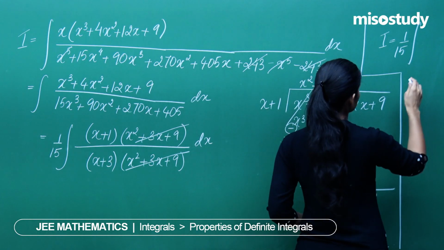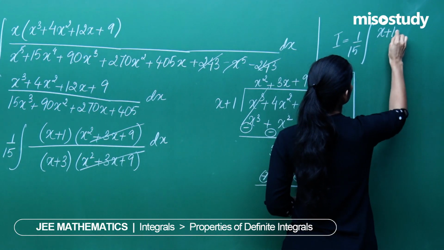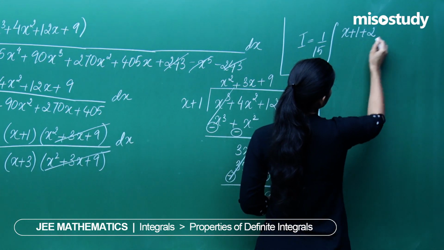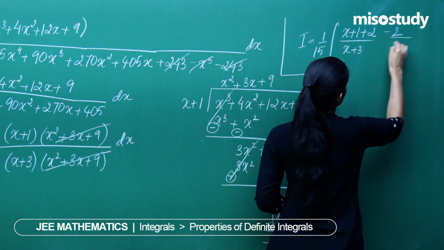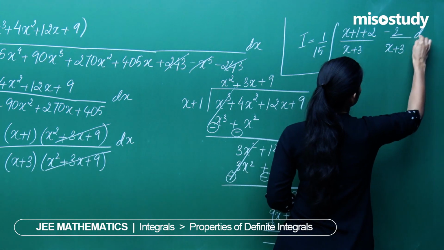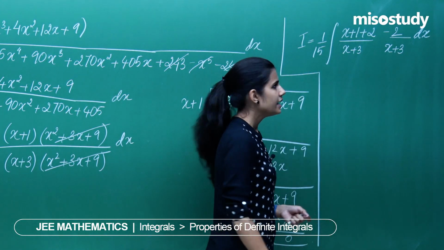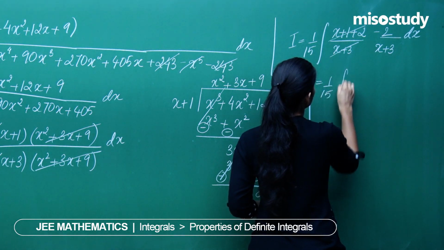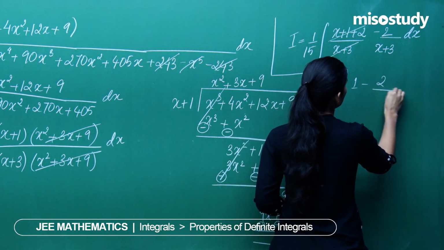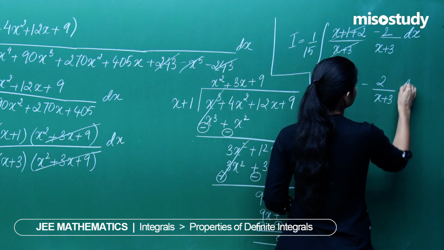X plus 1 upon x plus 3, you need a 2 to get x plus 3, and you subtract 2 as well, upon x plus 3, dx. X plus 3 upon x plus 3, you are now left with 1 minus 2 upon x plus 3 dx,